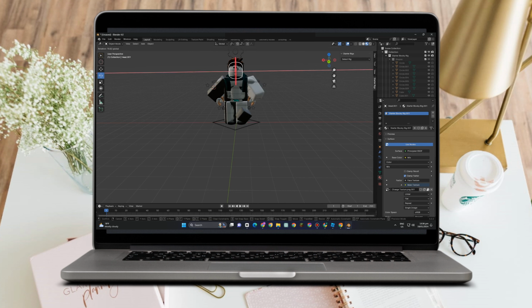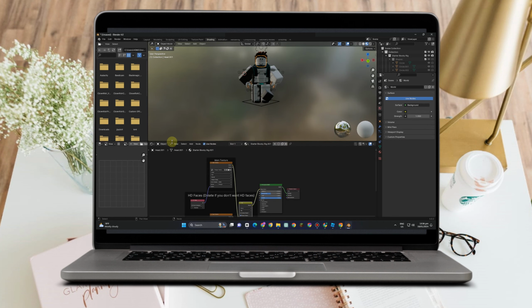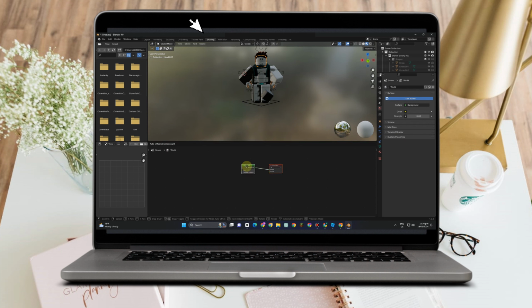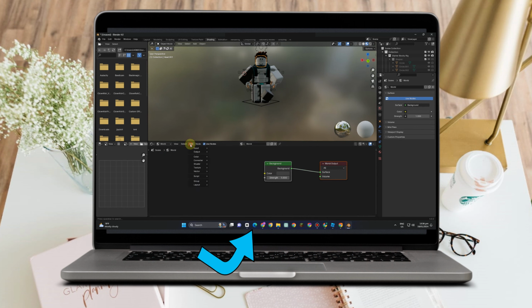And then here, what you want to do next is to simply go to shading again, and we will do some things here, but it's not really that difficult. So all you have to do is to follow. Go to shading and then scroll down to this part. Now go to object and change this to world, and then zoom this one, locate add,